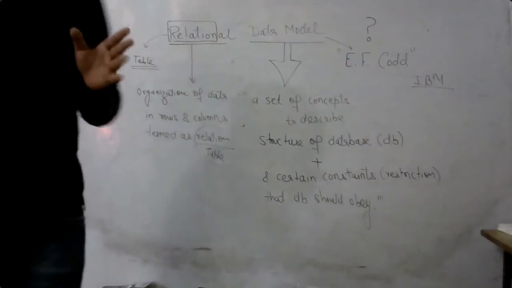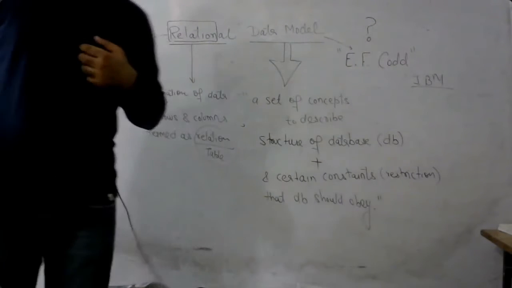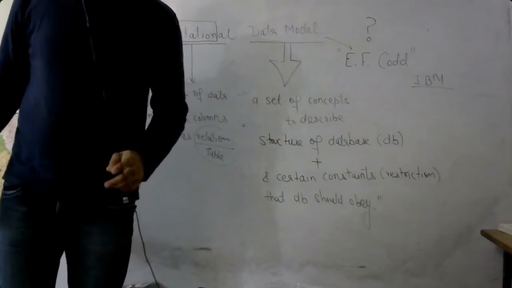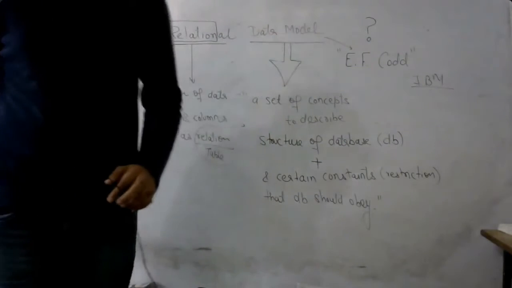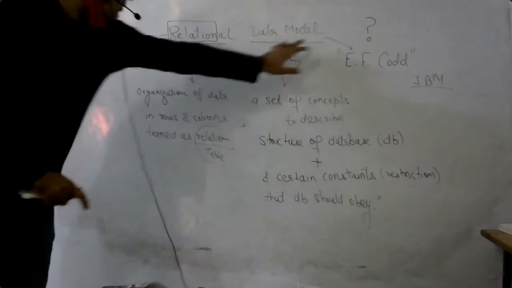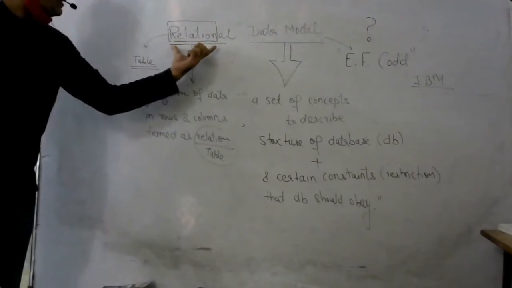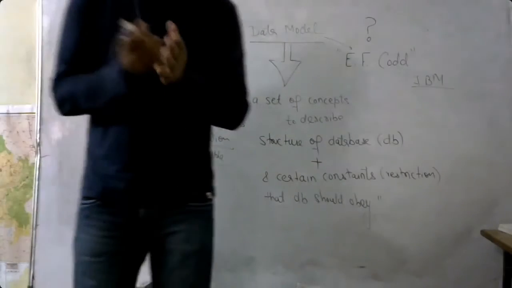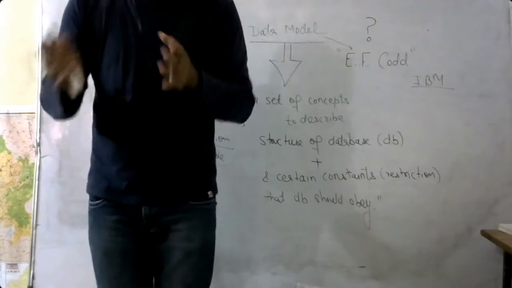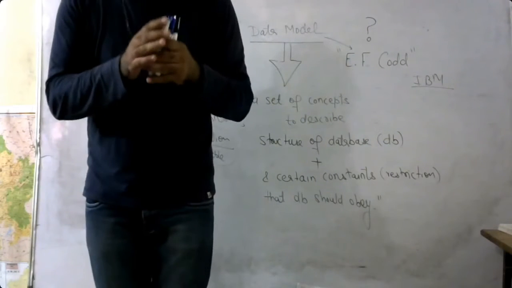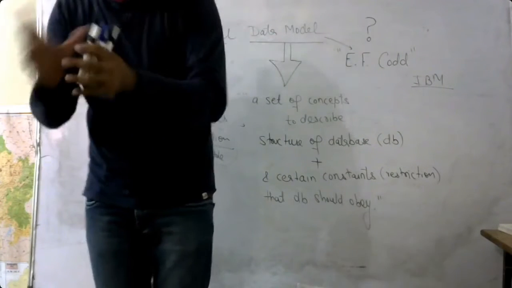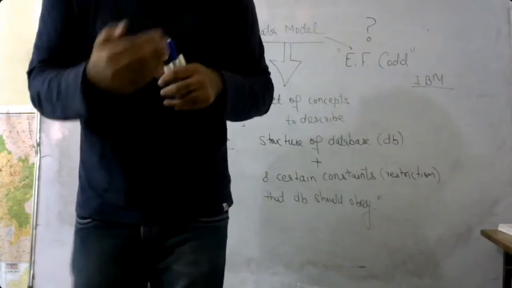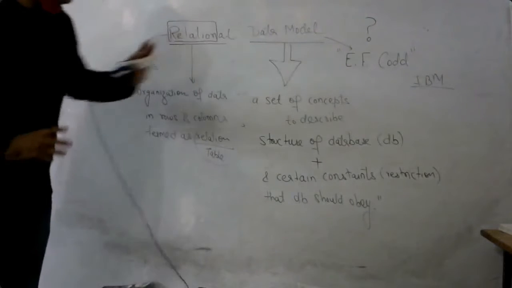And the relational database has some constraints that we will cover in the next class, the concepts of keys and integrity constraints, tomorrow. So we have covered the term data model and one more term, relation. So, what is relational data model? If we have some data, and we arrange that data in rows and columns, with a set of rules to describe the structure of the database, and some constraints on it which we will cover tomorrow, then this is known as relational data model.